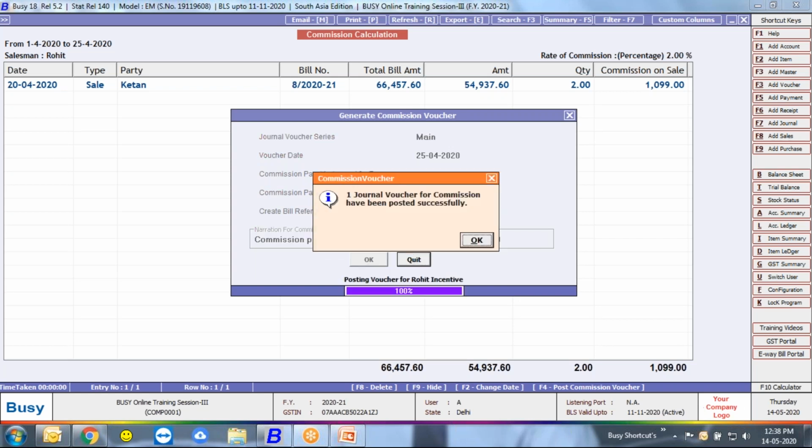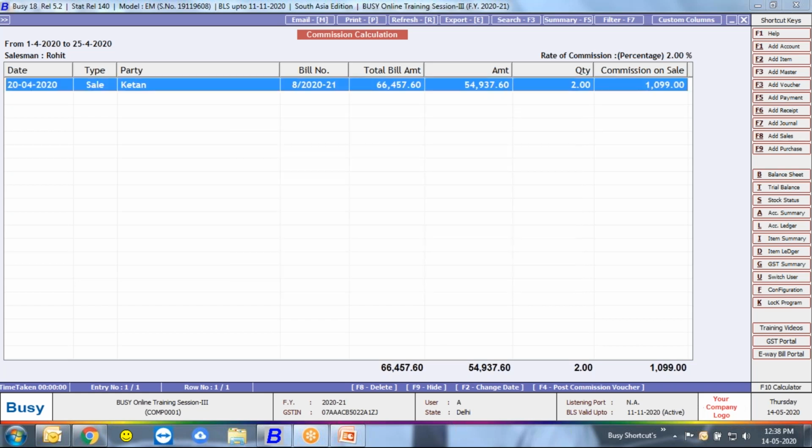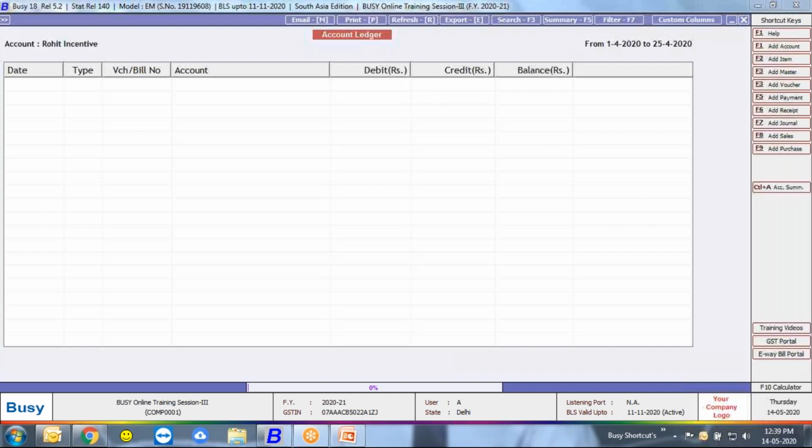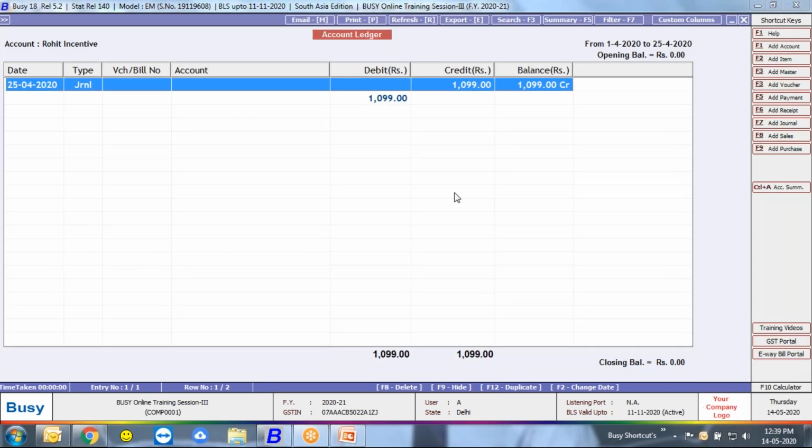Automatically a journal entry has been posted successfully. As you see, 1099 rupees is all posted in Rohit incentive ledger.